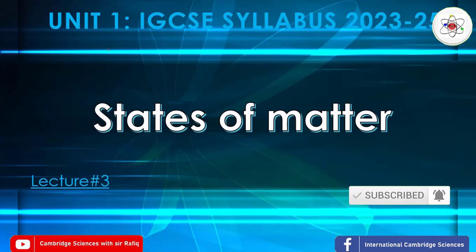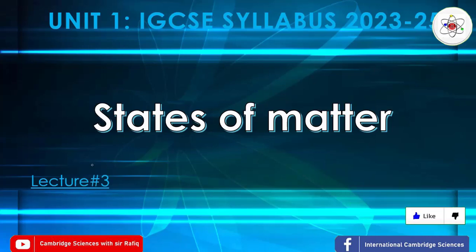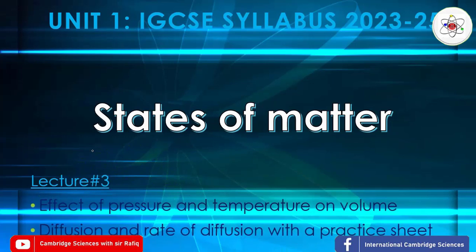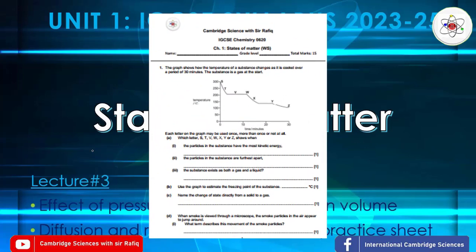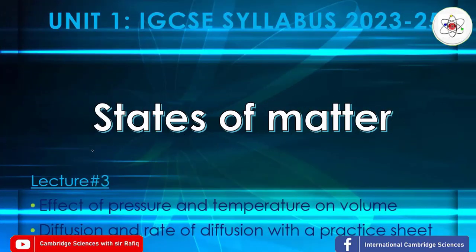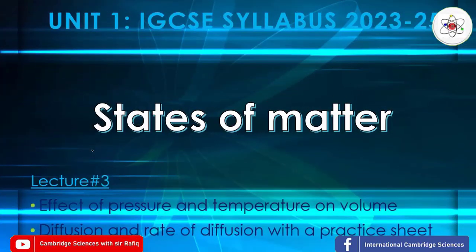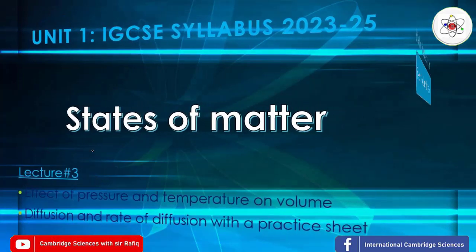Today we are having lecture number 3, where we are going to finish this chapter, States of Matter. In this chapter we will be discussing the effect of pressure and temperature on volume, and diffusion and the rate of diffusion. And lastly, I have attached in the last slide a practice sheet. If you solve this practice sheet, this is how you can assess yourself whether you understood the chapter well or not. So let us start with the